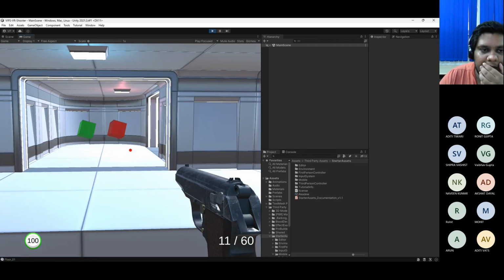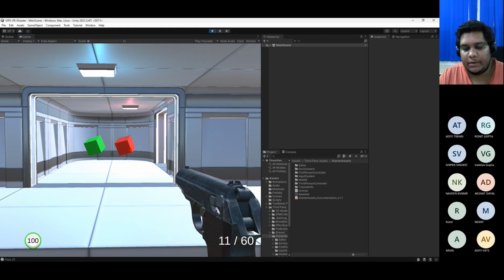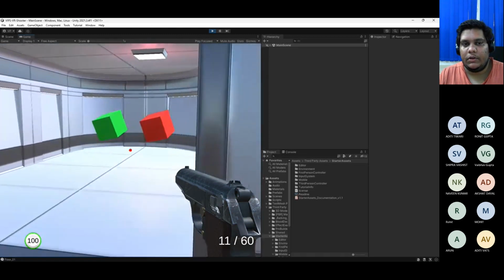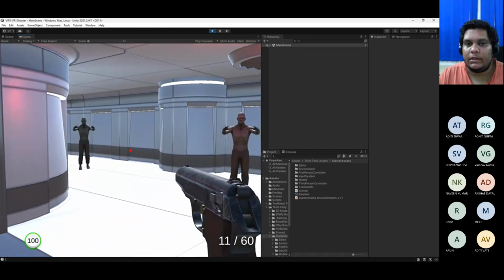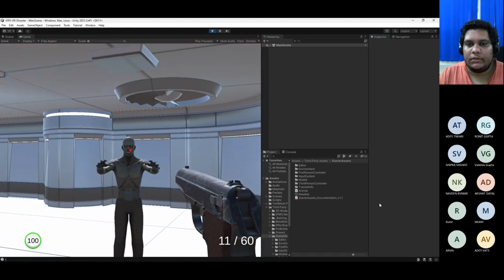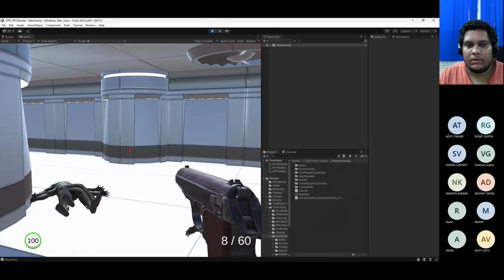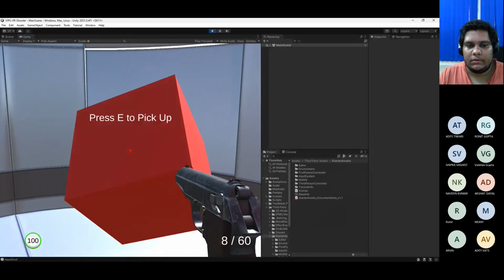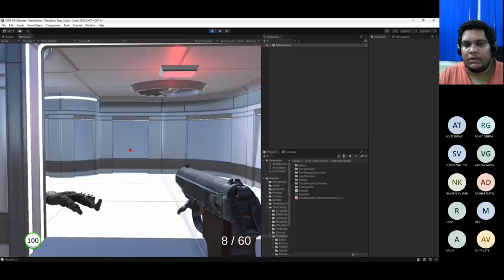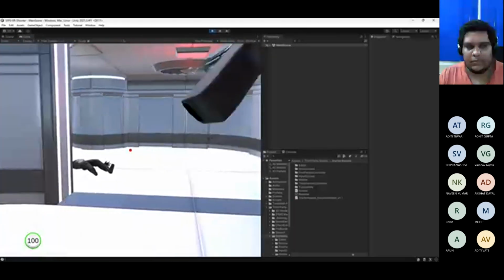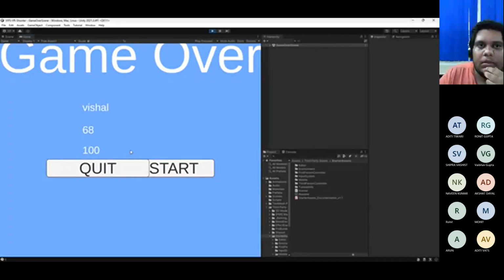Made this for player pickups. If you remember, I think green was for ammo and red was for health and something like that. So this is what we ended up creating. Final screen is a bit iffy, but yeah.